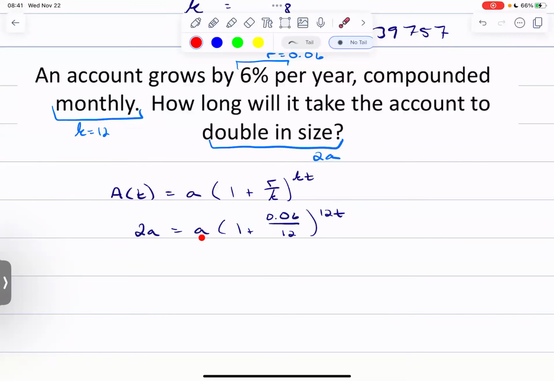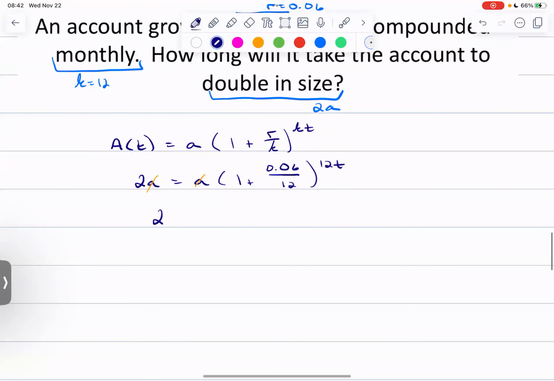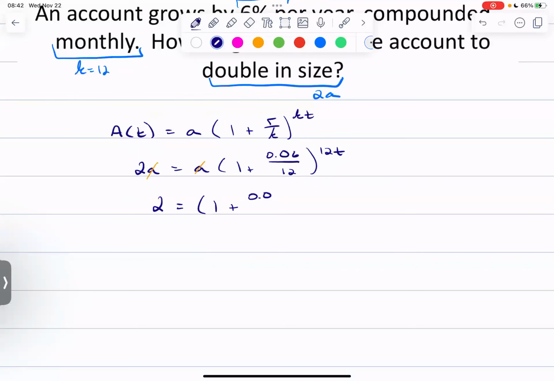If I have two things on each side of the equal sign, if I'm multiplying all the way across, then I can just cancel them. Technically, what we're doing is we're dividing over by A to one of the sides, and then A over A is 1. But I'm just going to slash them here, which means that I have 2 is 1 plus 0.06, and maybe I'll do 0.06 divided by 12 if it's something nice. It's not really, but